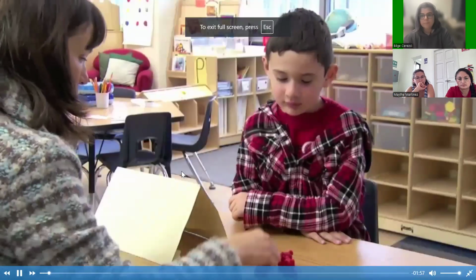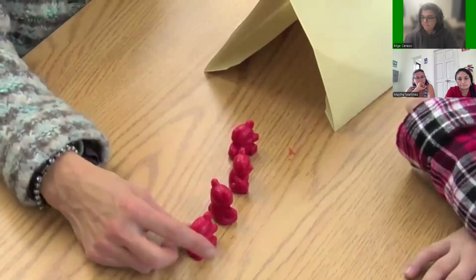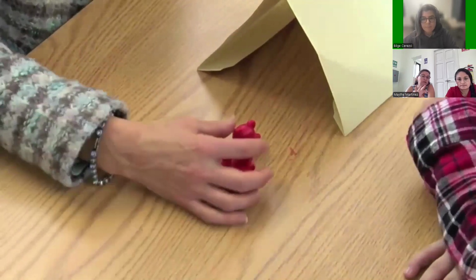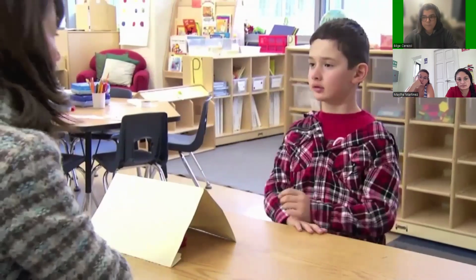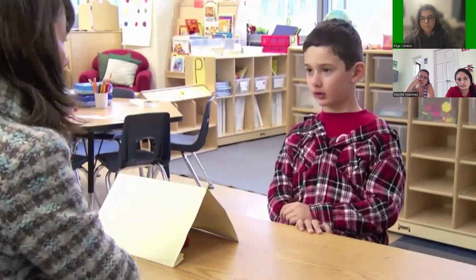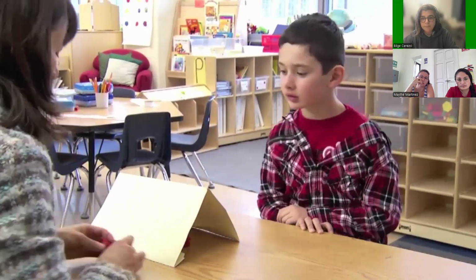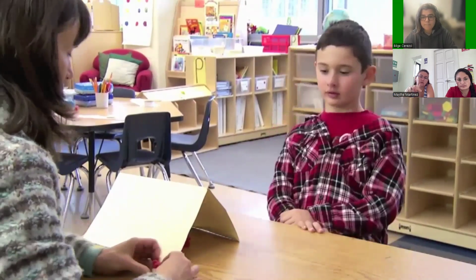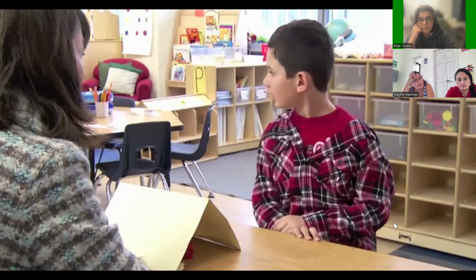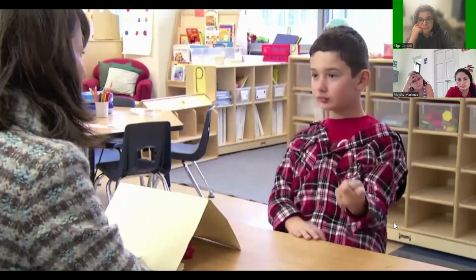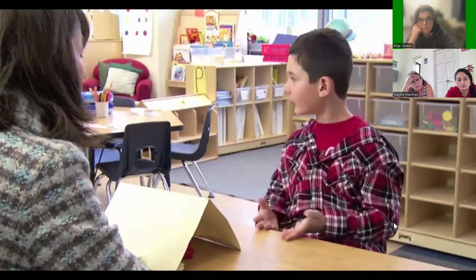How many bears do I have here? 4 bears. Okay, and these 4 bears are all going to go into the cave. Okay, so how many bears are inside now? 4. Okay, and they're having so much fun that 2 of their friends are going to go into the cave again as well. So how many are there now? The 2 plus 4